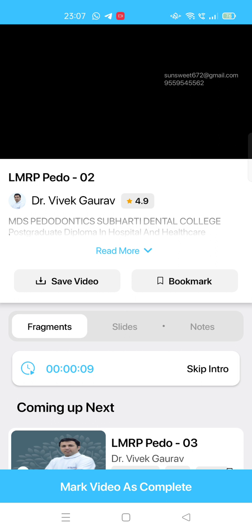Whereas in the case of laser Doppler flowmetry, I told you that it is based on the velocity of the RBC cells. This helps in assessing the vitality through the blood cells, and in this case the red light is used. When the red light is incident on the tissue, it gets reflected back by the moving RBC cells, and this reflected light is detected by the photodetector. Now the reflected light will have an altered wavelength, and this altered wavelength will let you know whether the pulp is vital or non-vital. So these are the two main important things that you need to remember for the exam: laser Doppler flowmetry and pulse oximetry.